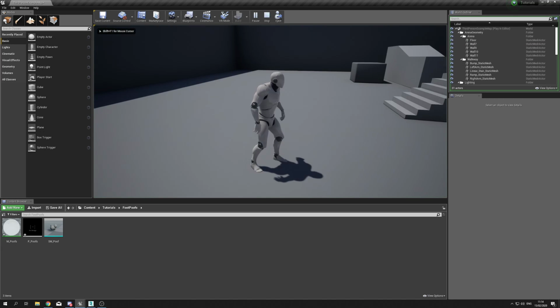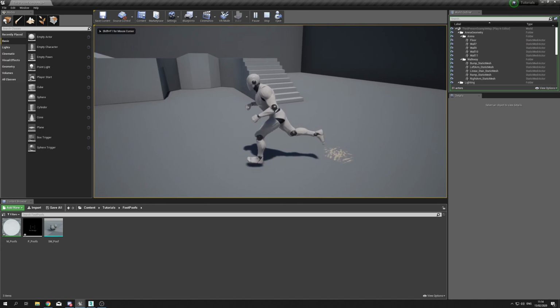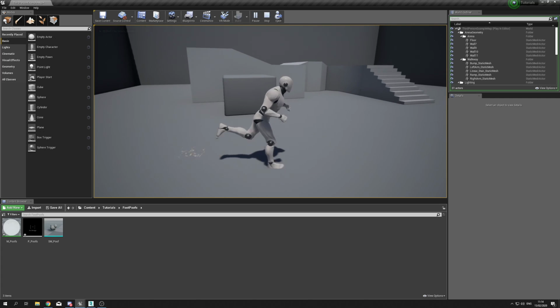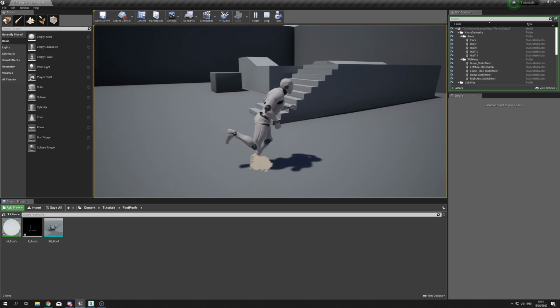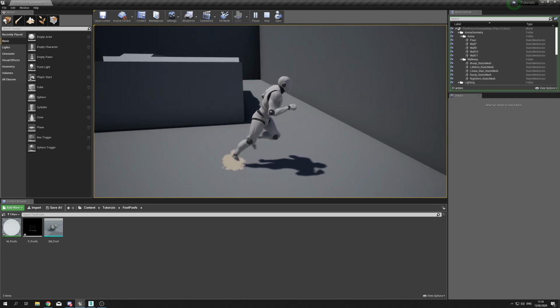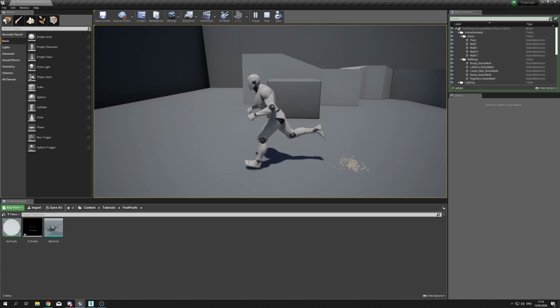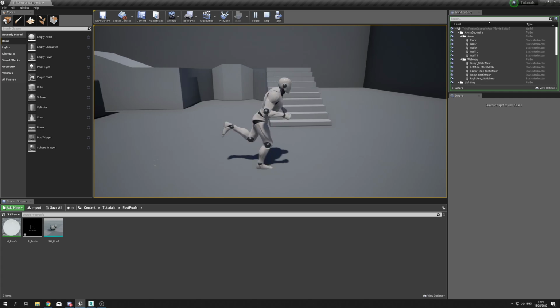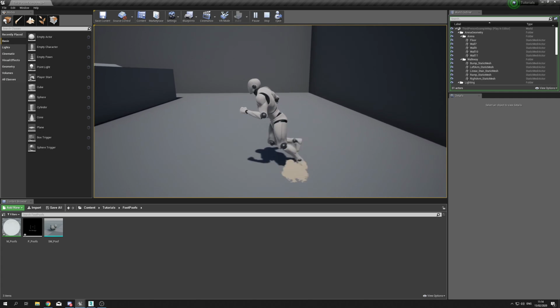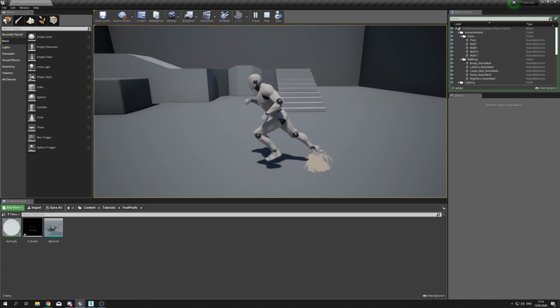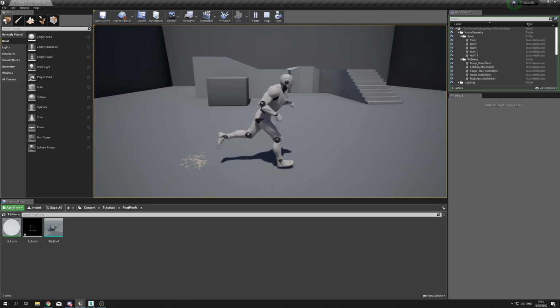In today's tutorial we are going to be going over these nice little foot poofs. Yay, foot poofs! So we're going to be setting up a particle system and then attaching these to our character so that we poof whenever our character hits the ground. So you can see they're quite stylized, but obviously if you wanted to go for a more realistic approach you could make some more realistic particles, but for this we're going to be doing this nice stylistic little poof,